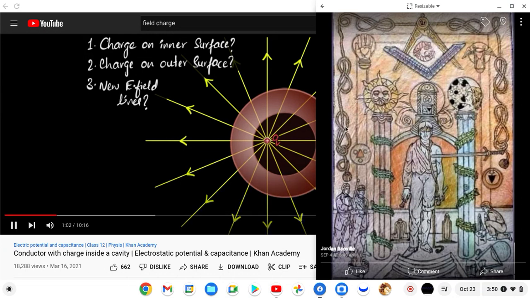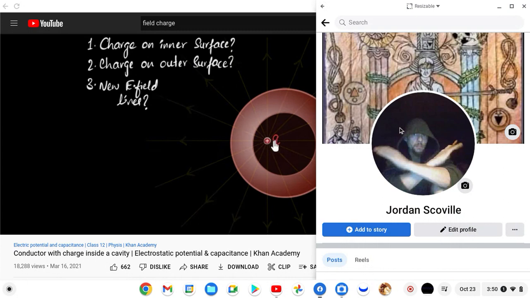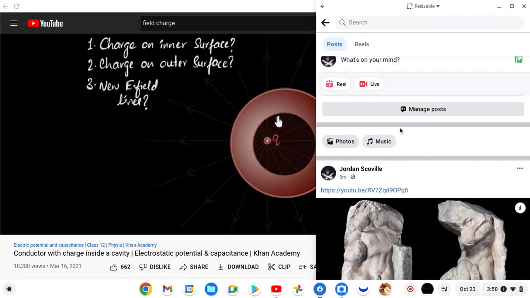So these are the three questions we want to try and answer. So how do we do this? Where do we even begin? This looks like a very complicated, challenging puzzle. Well, what I like to do, let me first dim the electric field lines a little bit. Alright. So what I like to do is go back to one of the basic things we've seen about conductors